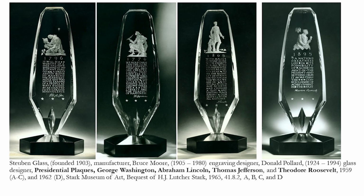And Moore also did a similar composition for a glass design by Donald Pollard of 4 presidential plaques, each with a representation of an important American president in a characteristic pose. George Washington kneeling, Thomas Jefferson sitting as a rider, Abraham Lincoln standing in strength, and finally Theodore Roosevelt at a podium, his bully pulpit, and each with a quotation of something from a speech or a story, each emphasizing the glories of American